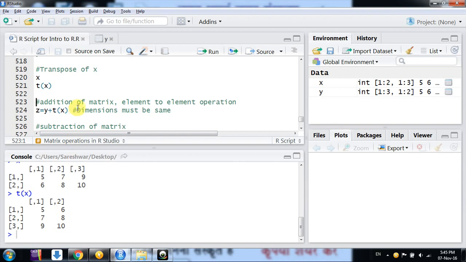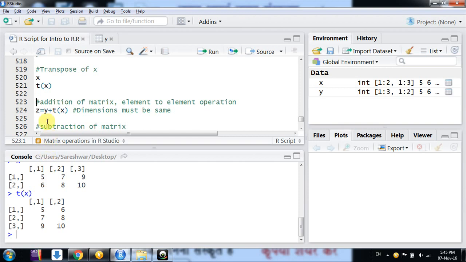Now we come to addition of matrices. It's an element to element operation. One thing you need to consider here is that the dimensions of the matrices should be identical. Like if one matrix is 2 by 3, the other matrix also should be 2 by 3.